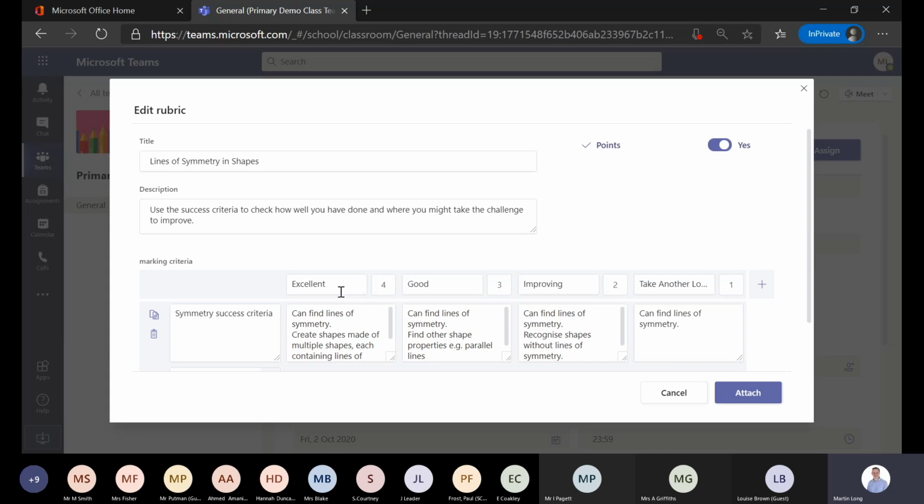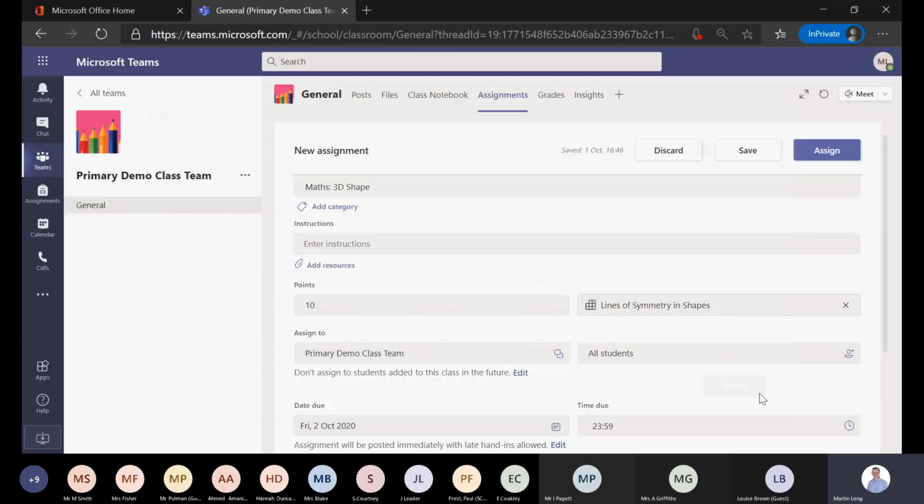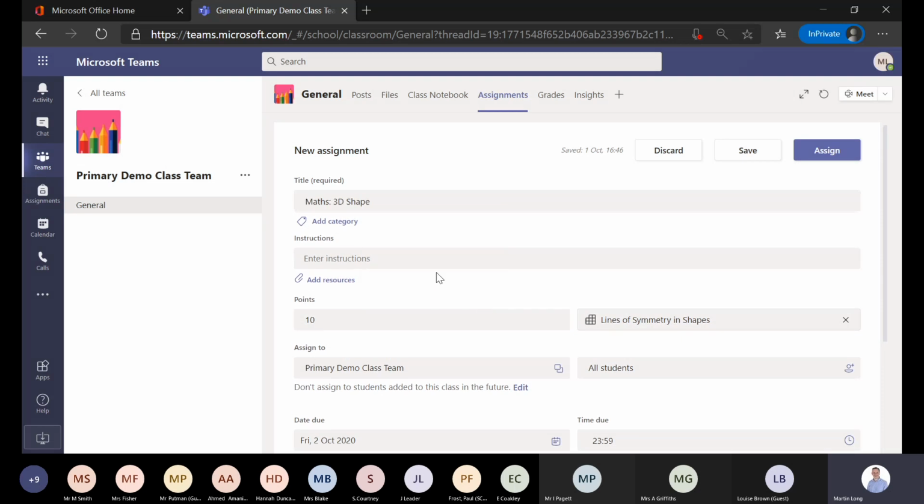You don't have to use obvious words that are going to affect the esteem of pupils. Here we've got take an extra look, improving, good or excellent, which is more of educational terms that we use in the UK to assess progress. I want to know about the success they're going to have about identifying lines of symmetry in the shape, and they get very clear descriptions about what I'm expecting to see from them. So you can be very clear and transparent,